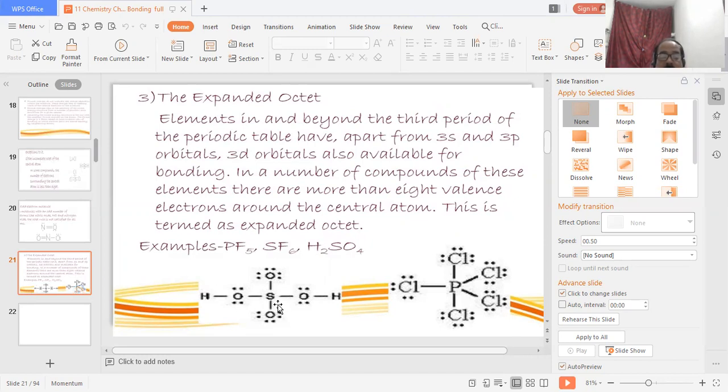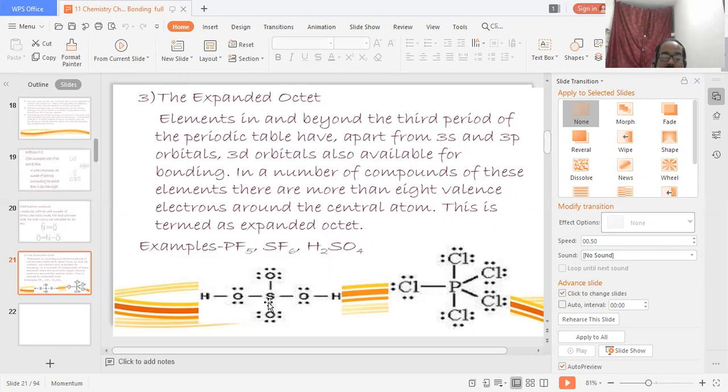Just see here, this is H2SO4, sulfuric acid, and this is PCl5. We know that the phosphorus total number of electrons is 15, so the electronic configuration is 2, 8 and 5. And chlorine, there are 5 chlorine atoms combined, 1, 2, 3, 4 and 5. So Cl, the total number of electrons is 17, so 2, 8, 7, the outermost shell presents 7 electrons. Each chlorine has 7 outer electrons, and this phosphorus has outermost 5 electrons, so 1, 2, 3, 4 and 5.